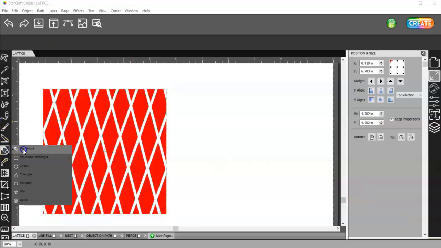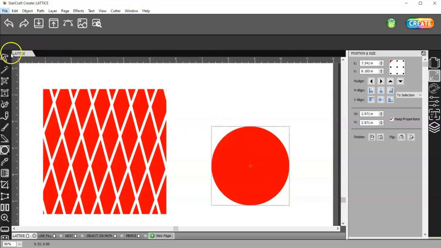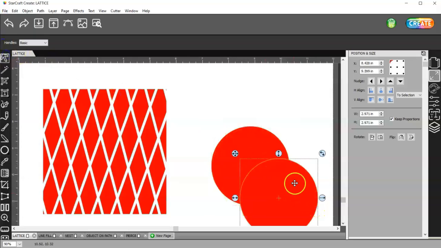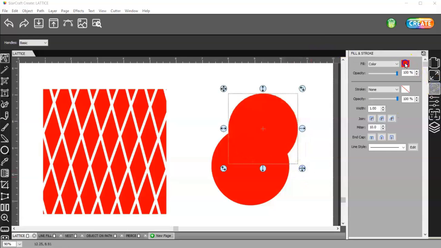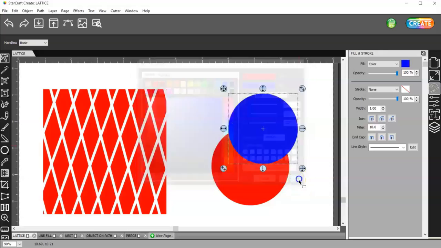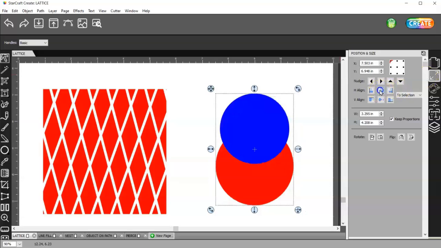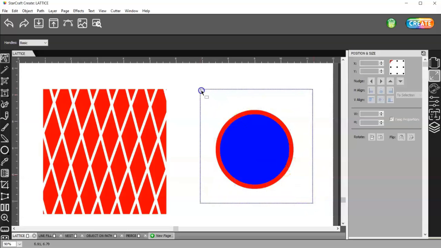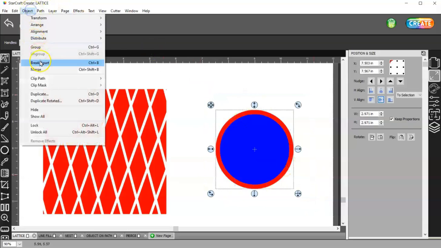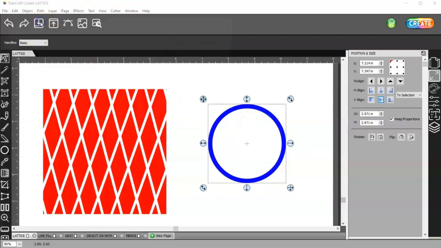So one more thing I wanted to show you was, let me go ahead and grab a circle here. And I'll actually select that and duplicate it. And this one I want to shrink down. And I'll also change the color on that. And then I will select both, go to my position and size, and line them up. Make sure both are selected, go to Object Merge, and then I want to bring in a